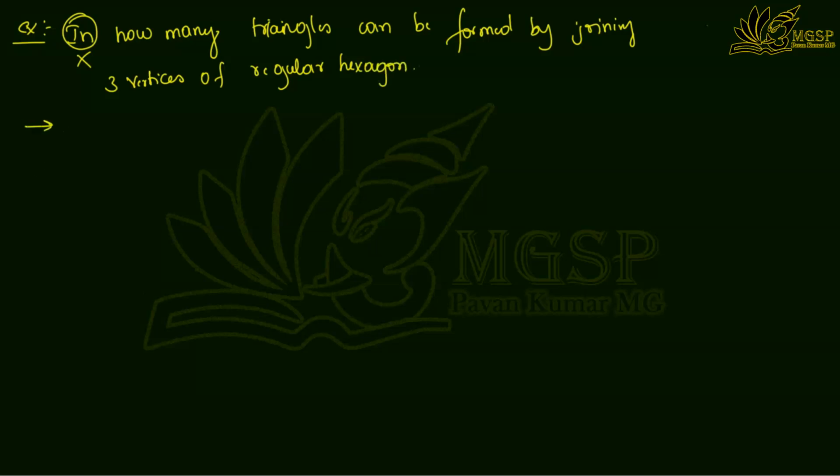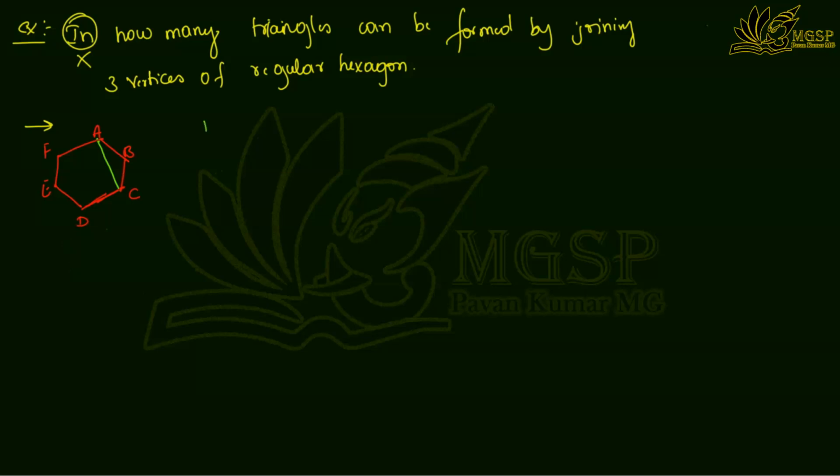So this is the case. Now construct a hexagon. Hexagon means 6 faces, like a benzene ring, you can say. I will join this. They are asking you to find the number of triangles that can be constructed using this hexagon. A triangle has 3 sides, so I will consider this as a triangle.